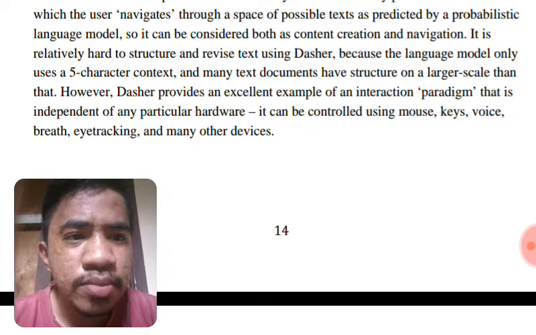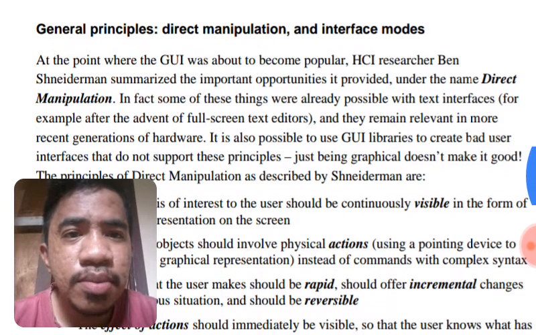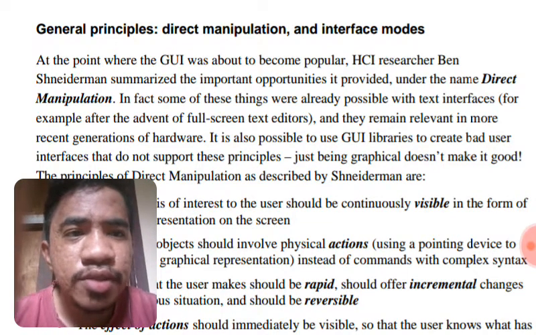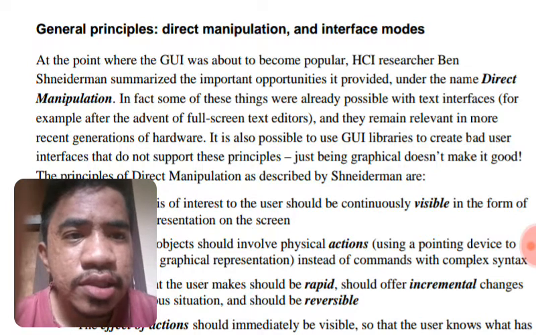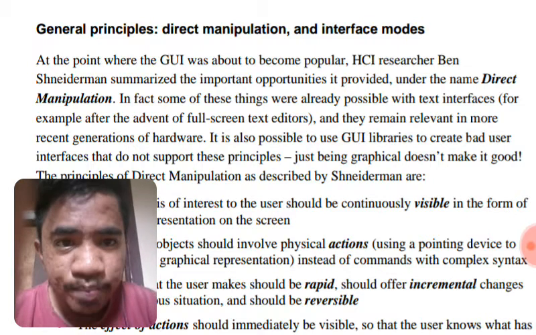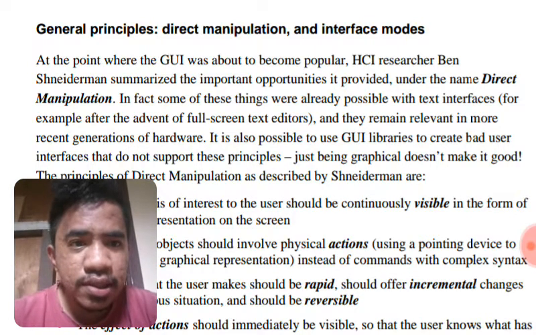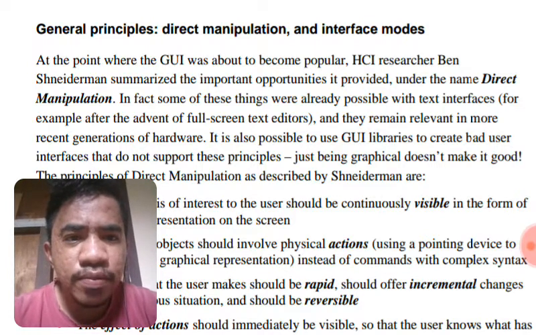It can be controlled using mouse, keys, voice, breath, eye tracking, and many other devices. The general principle: direct manipulation, and interface modes. At the point where GUI was about to become popular, HCI researcher Ben Shneiderman summarized the important opportunities it provides under the name direct manipulation. In fact, some of these things were already possible with text interfaces, for example, after the advent of full-screen text editors,